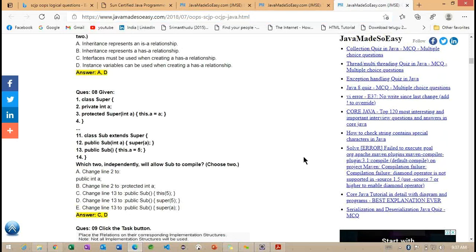Okay, we'll try to check a simple example on this. So private, protected, super and public. We'll see on this simple example how we can work with this. So protected, super and sub.